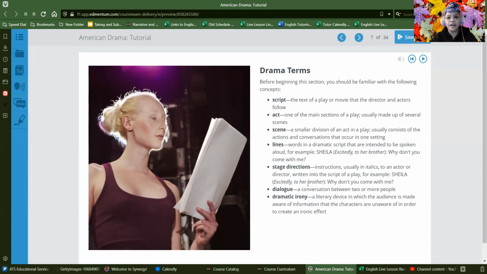And then dramatic irony is a type of irony where you, who's watching the play and has seen all the scenes, you know where everything is and what everyone is about to do, because you get the thoughts and feelings of the characters on stage. But the characters in the story don't know what's happening.